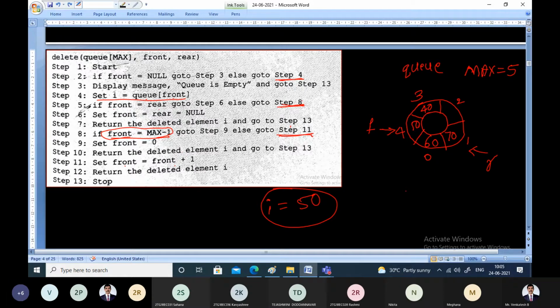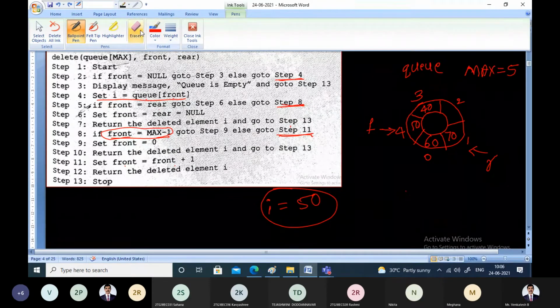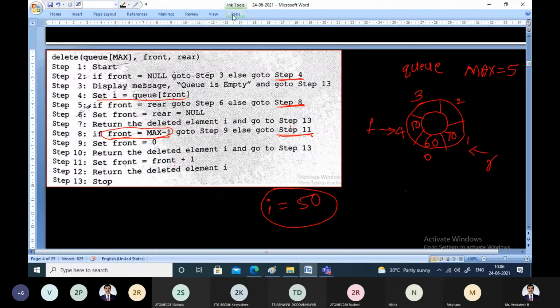When the condition is true, then you have to re-initialize the front pointer and bring it back to the index 0. I think I have not removed this in the earlier iteration. In this scenario, go to step number 9, where we set front to 0.